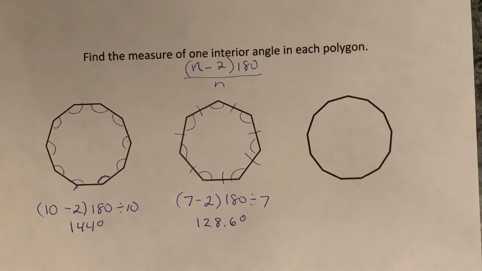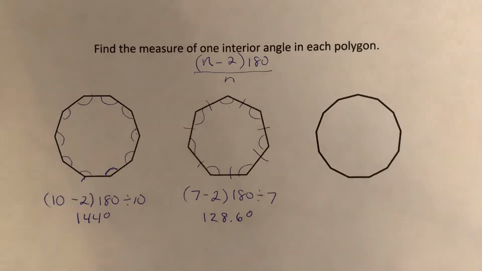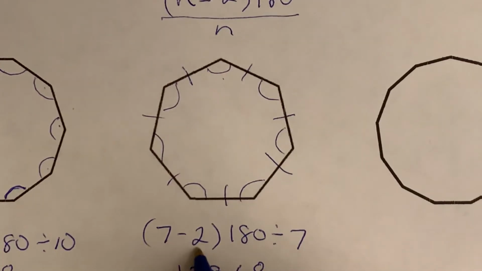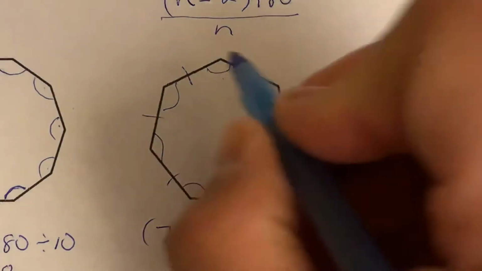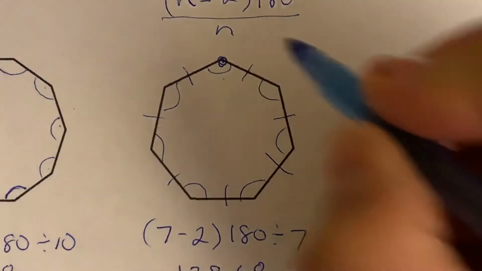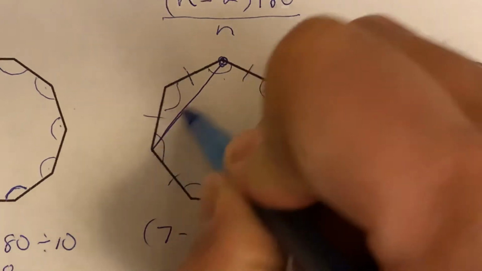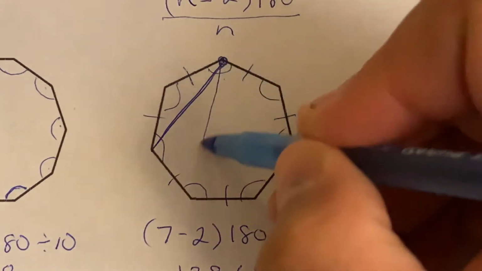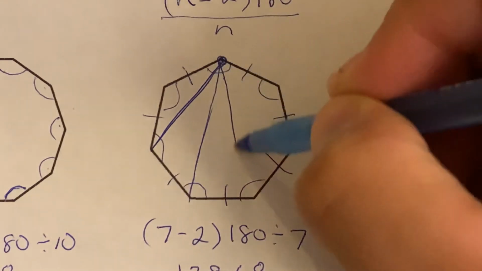Some of you are probably wondering, why the minus 2? What's going on with that? Well, it's kind of simple. Let me zoom in a little bit on this one and explain it to you more. What it's doing is finding out how many triangles there are in here. So if I take one point here and just make triangles from that one point, you have to stay at the one point for this to work. Over to here, over to here,